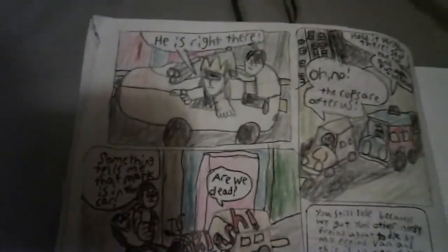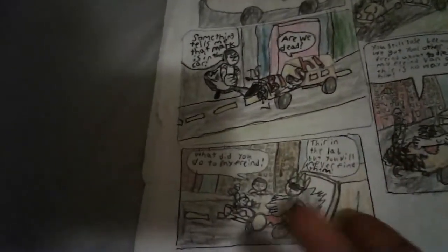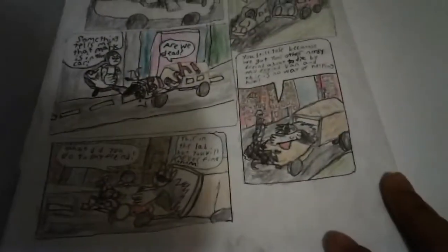See, there's a little mark right there, but if you look at here, these bring back so many good memories, I swear. So, yeah, Mark, he catches the guy. He's the bad guy, pretty much. But I never really continued it. And I don't know how it would continue. Maybe someday I would,